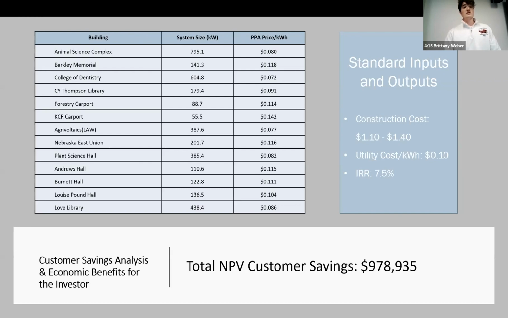of $1.1 million. The remaining systems have a bit higher PPA prices than the local utility due to the need to meet a 7.5 IRR for the tax equity investor. These systems do lose the campus just over $100,000 in energy costs. However, the total NPV of customer savings for all 13 systems come out to over $900,000 over the 20-year lifespan